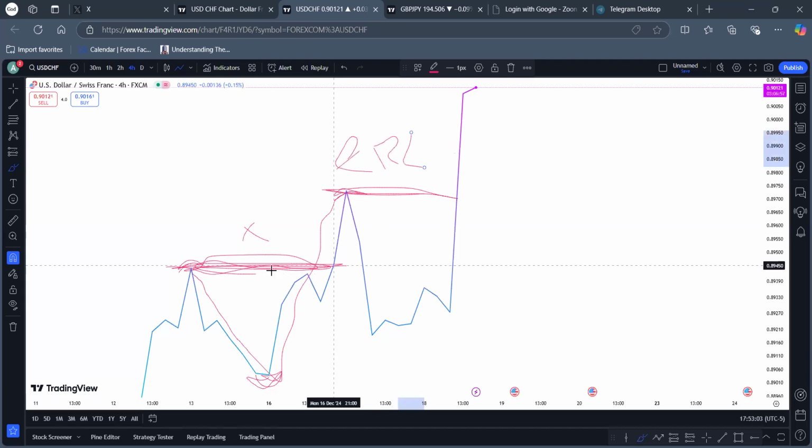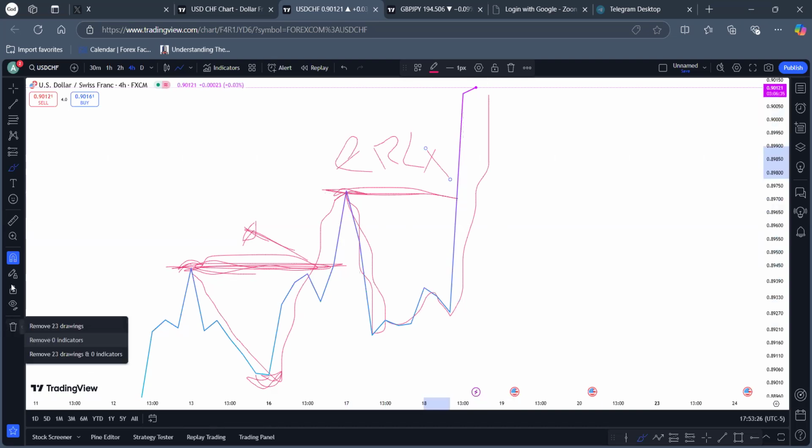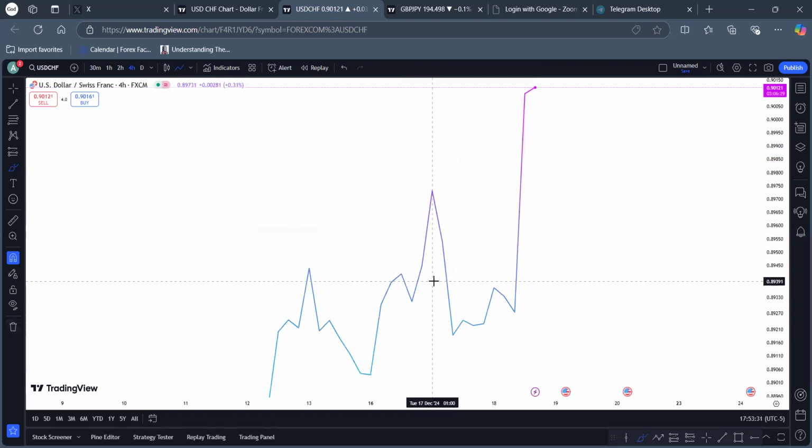So remember from the basics of structure, I said that after price takes out an internal range liquidity, after price takes out an external range liquidity, we expect to see a reversal. Then after price does the reversal, it takes out an internal range liquidity, right? So we want to see price continue to move to the upside until this most recent external range liquidity is taken. So overall, when you look at what price has actually done here, you will figure out that structurally from